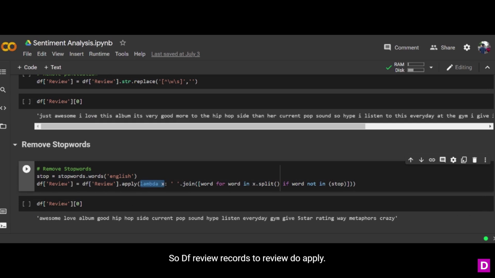So df review equals review dot apply. I'm going to apply a lambda function again. What does this do over here? You could see from here. So it's a list comprehension again. So if the word is not in stop, so this stop contains all the stop words, right? So if the word is not in stop, I'm excluding that, right? If that is not present in this particular set or large list,